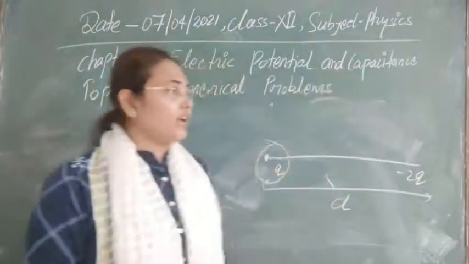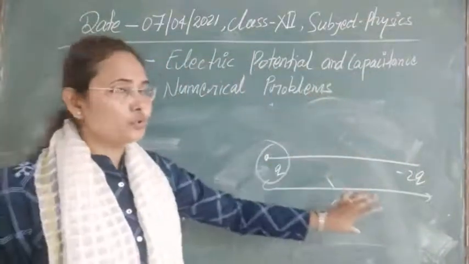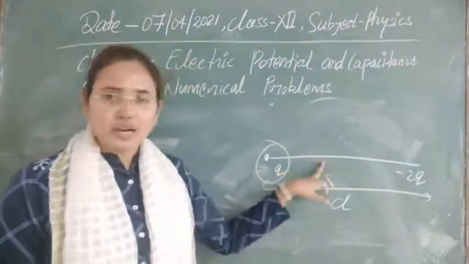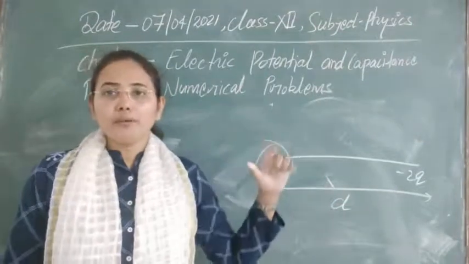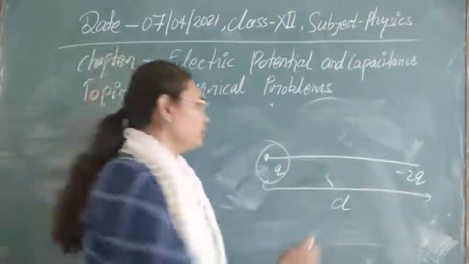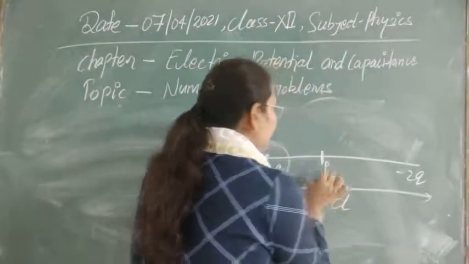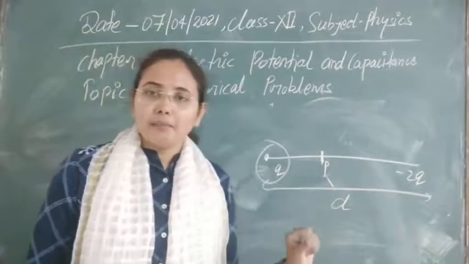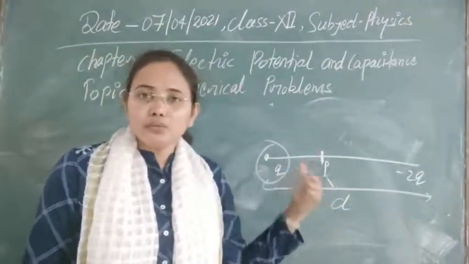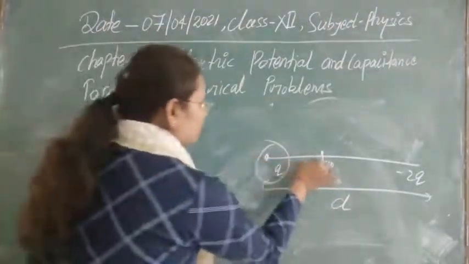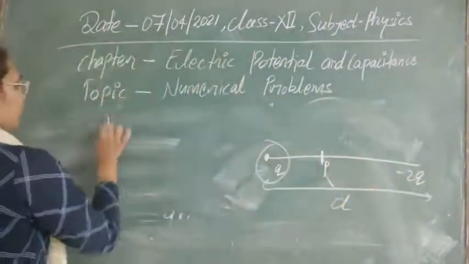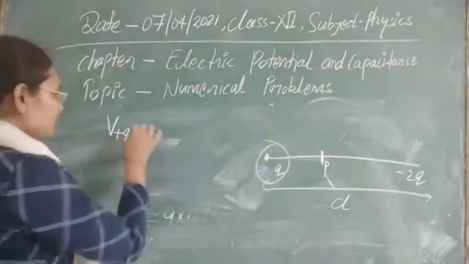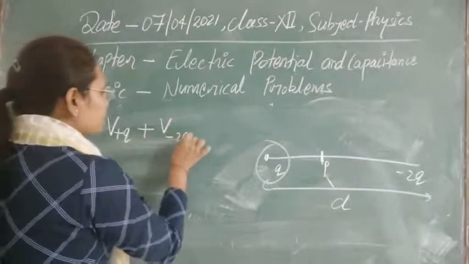So we have a system of two charges Q and minus 2Q. We have to find a point P relative to this charge Q. At that point the whole potential due to this system should be 0. So suppose there is a point P at which, due to this system of charges, potential is 0. You know that at any point due to a system of charges, potential is given by potential due to this charge plus potential due to this charge. It means, suppose I am taking, potential due to this plus q charge plus potential due to this minus 2q charge.